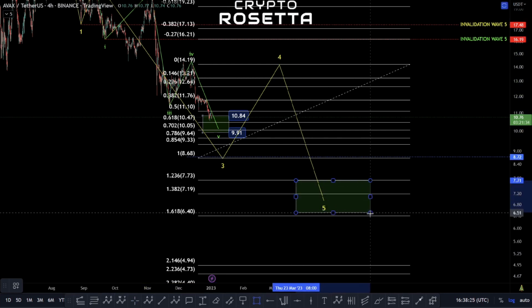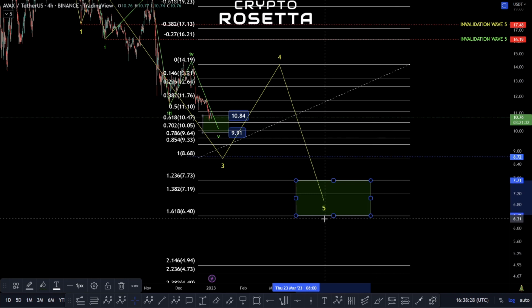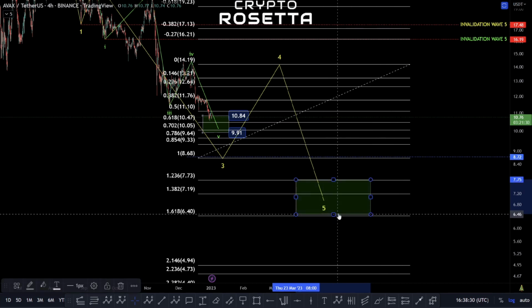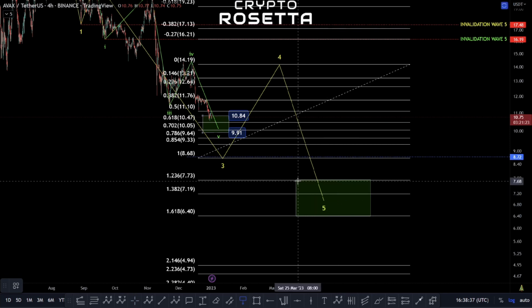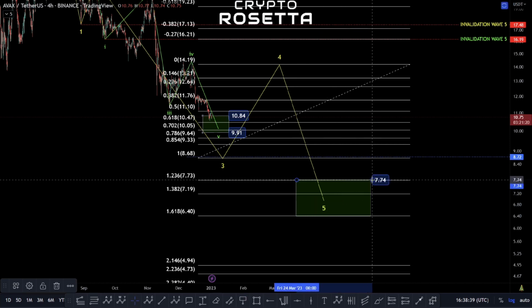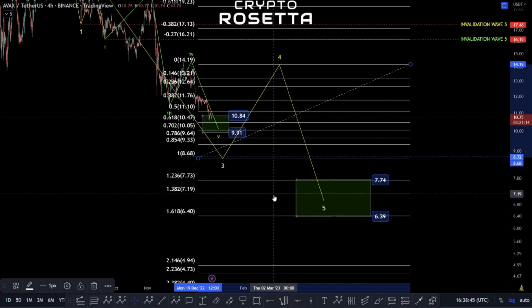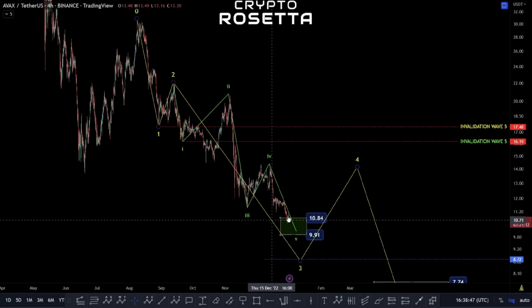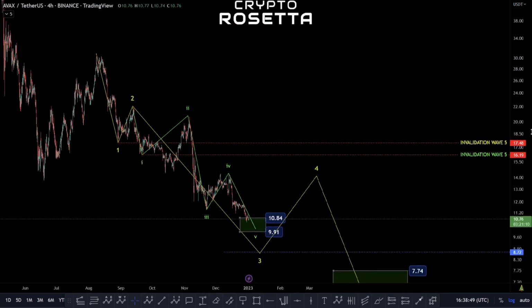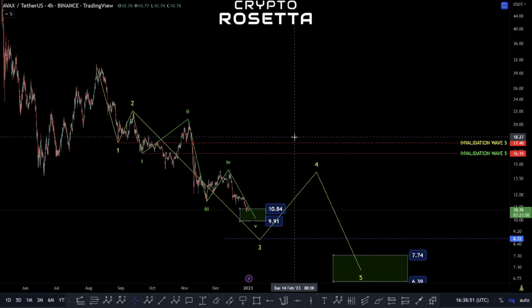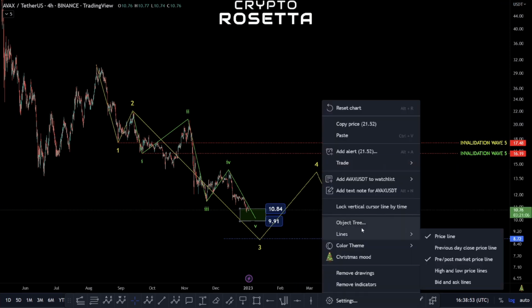If this were to play out, then basically I would have a completed 5-wave move from the top, and basically what we would be looking for then is for that continuation, or to see how high we bounce off of this. If we do have this as a bigger 5-wave move from the top, effectively we could be looking at just an ABC correction to the upside. And if I throw this back on,